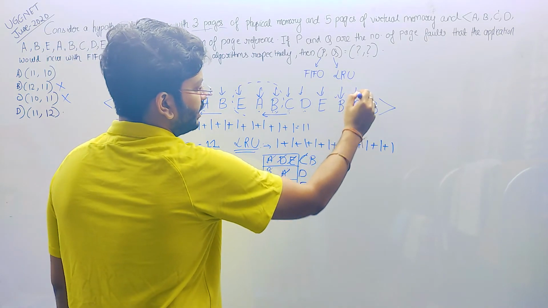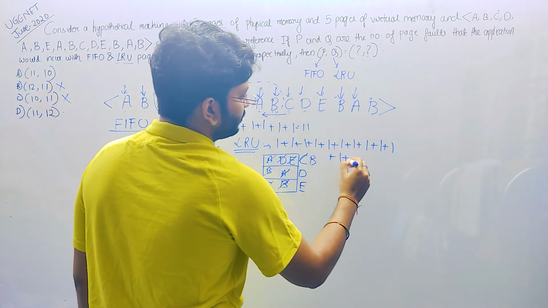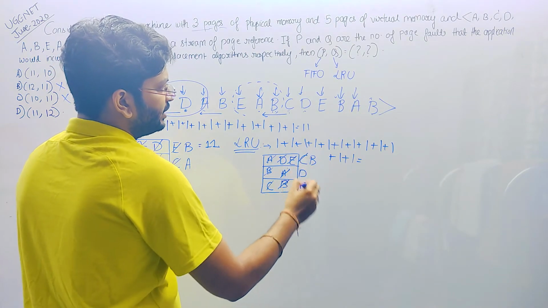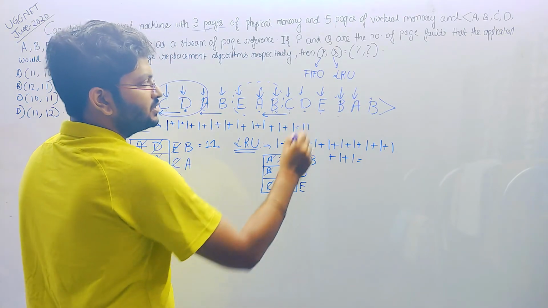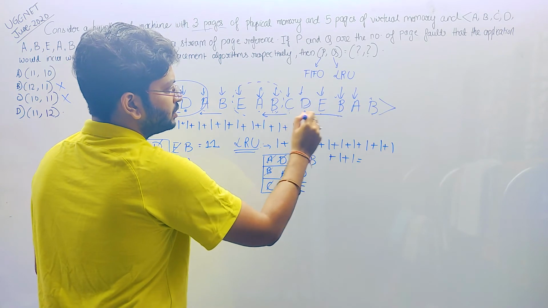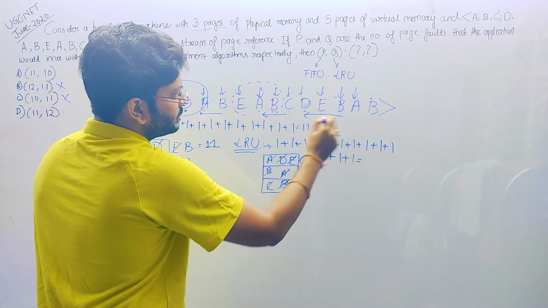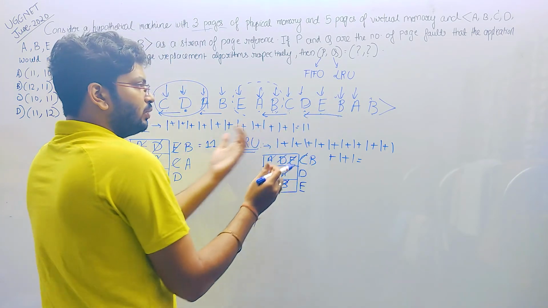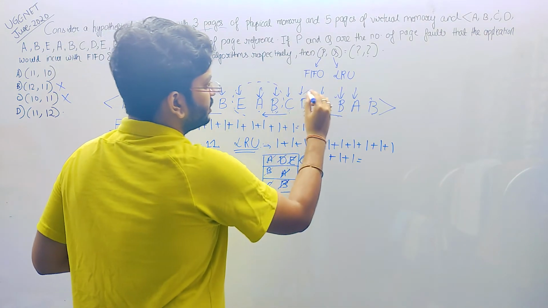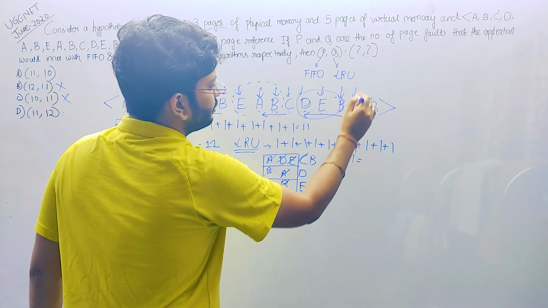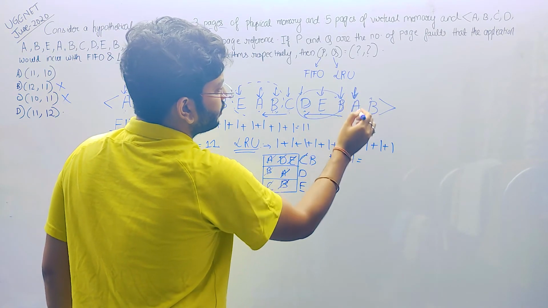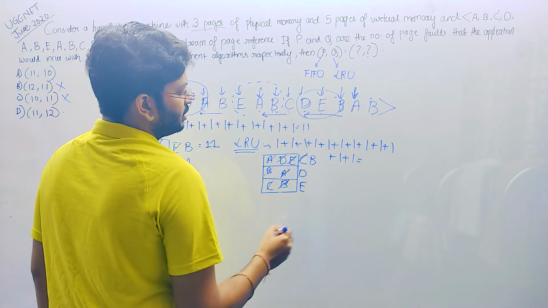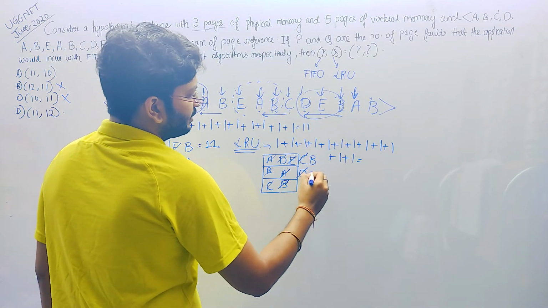Next comes A. A is also not present in the table, so one page fault for A. So now checking out from B, D, E. Which one is the farthest? D is the farthest. Looking into the past, D is the farthest from these three. Farthest means we are looking to the left, from the point we are standing on, A. In the left, this one is the farthest from A. So D. So striking D and writing A.